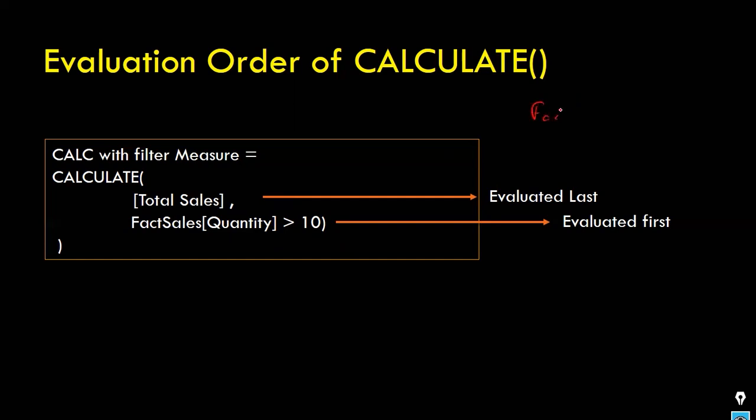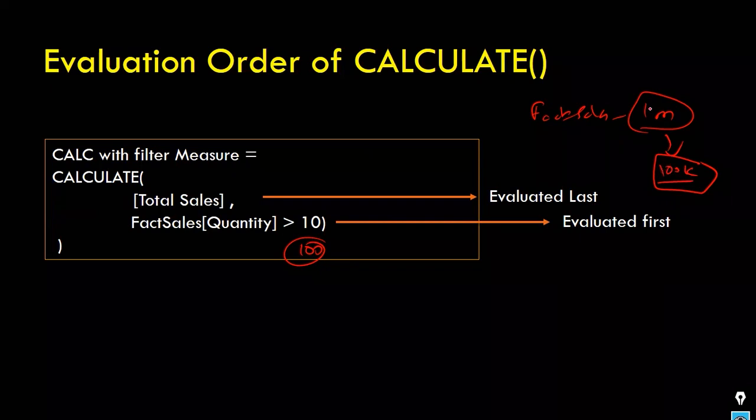In the fact sales table, you have 1 million records. Let's say, hypothetically, we sold more than 100 products. Out of 1 million records, if you find the transactions wherein we sold more than 100, it comes down to, let's say, just 100K, 1 lakh records. 1 million here got reduced to 1 lakh records because of this condition. So on top of the 1 lakh records, if you do the sum of sales,